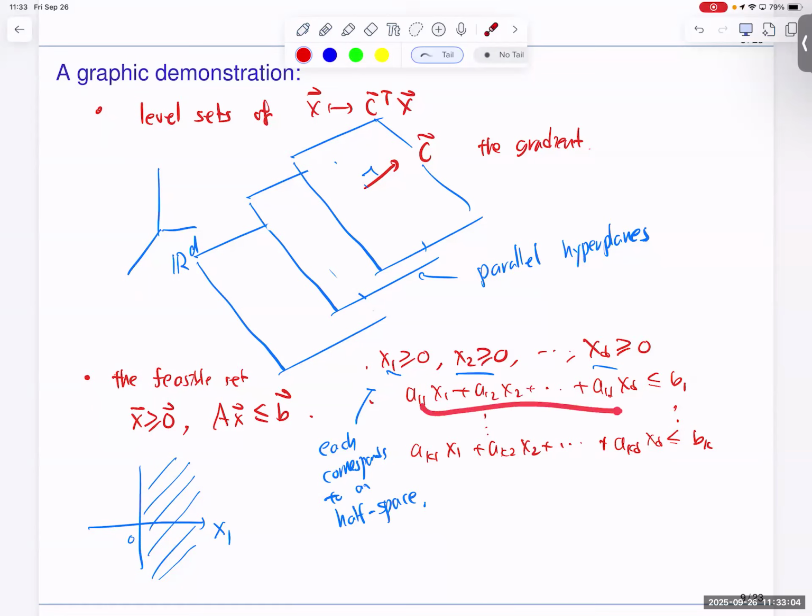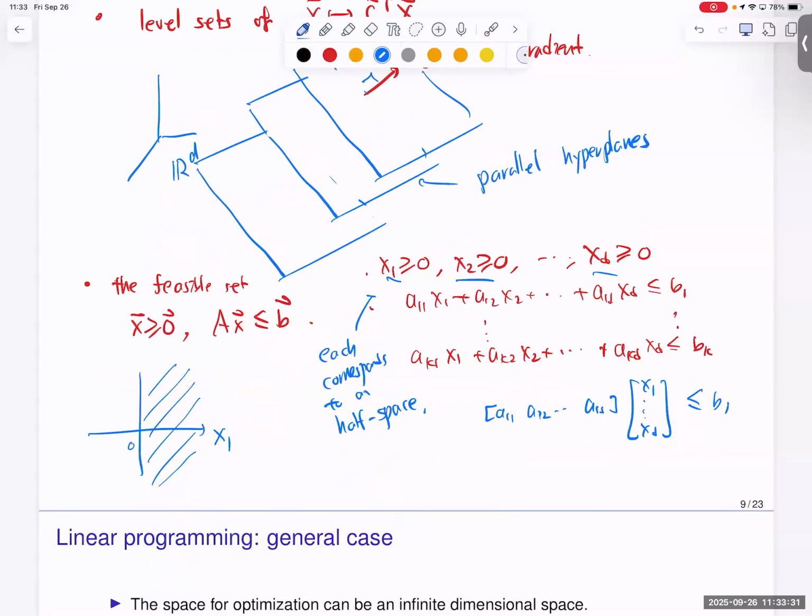Okay. Here, these inequalities, let's pick this one. That one has that on the left. This is nothing but the dot product between the vector a11, a12, a1d, and the vector x1, xd. This is that dot product. It's less than b1. Okay, and this dot product as a function has a gradient, right? So it has some gradient a11, a12, a1d. It has a gradient, and it has corresponding level sets